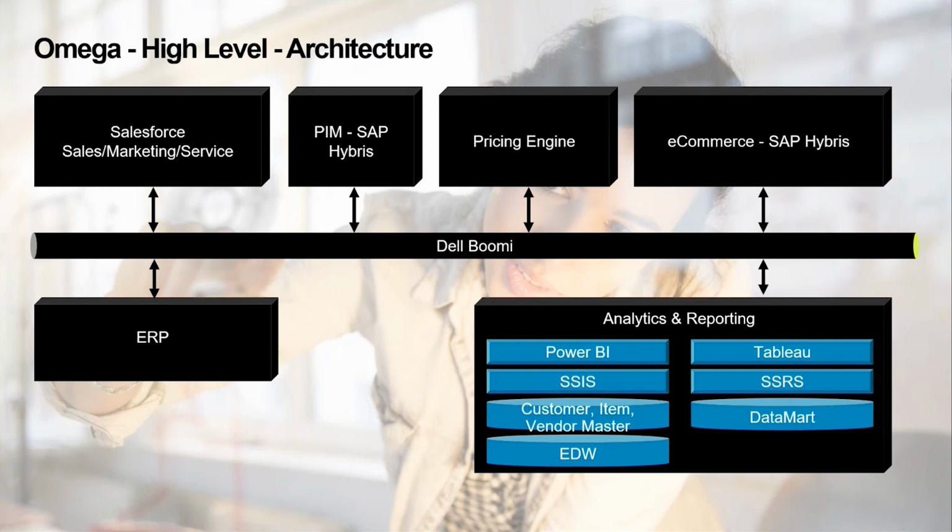Now, with all this going on, let's say the customer is a new customer and has created an account with Omega from the Hybris portal. The moment his account is created, Hybris doesn't send out an email saying, "Hey, your account is created. These are your credentials." Instead, Hybris sends a request to Salesforce saying this customer has created a portal account and these are the details. Salesforce further sends those details to Salesforce Marketing Cloud. That's when the customer receives the email of his portal being created, his credentials for the portal and all that.